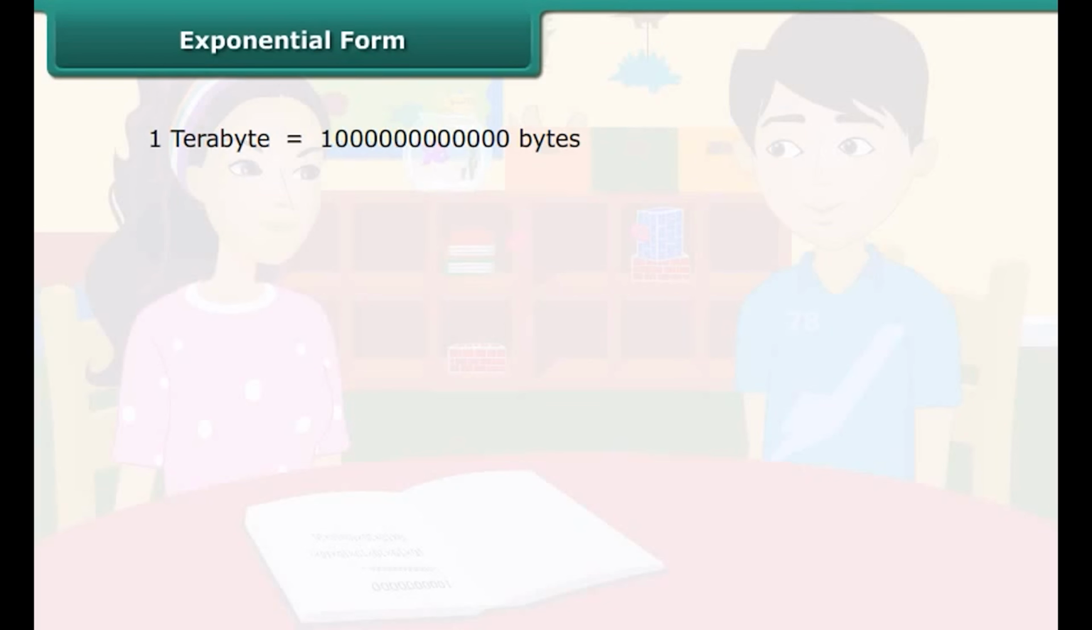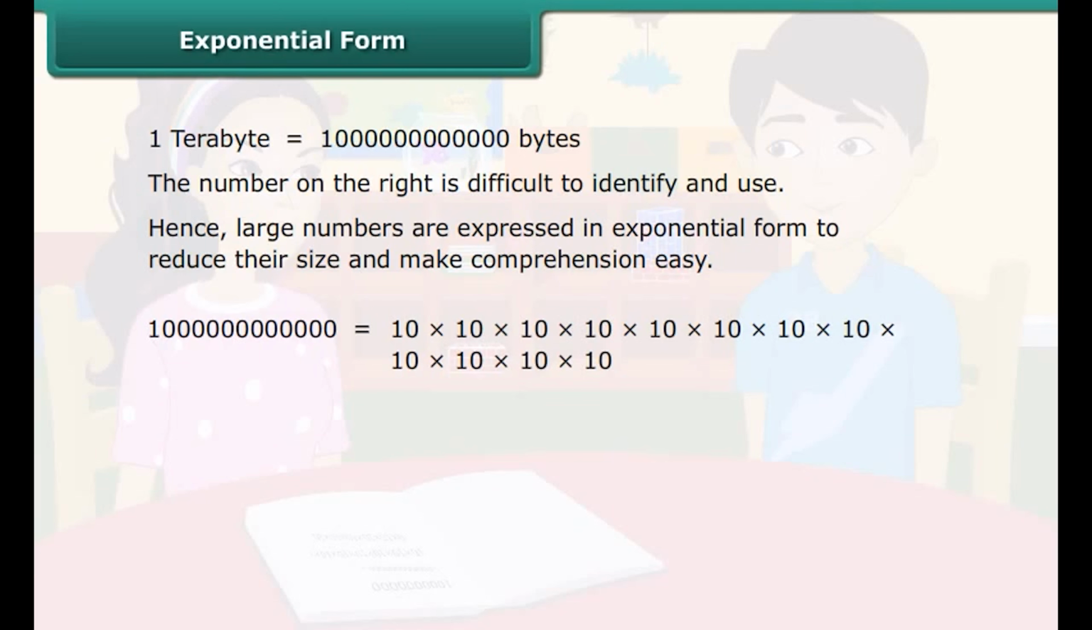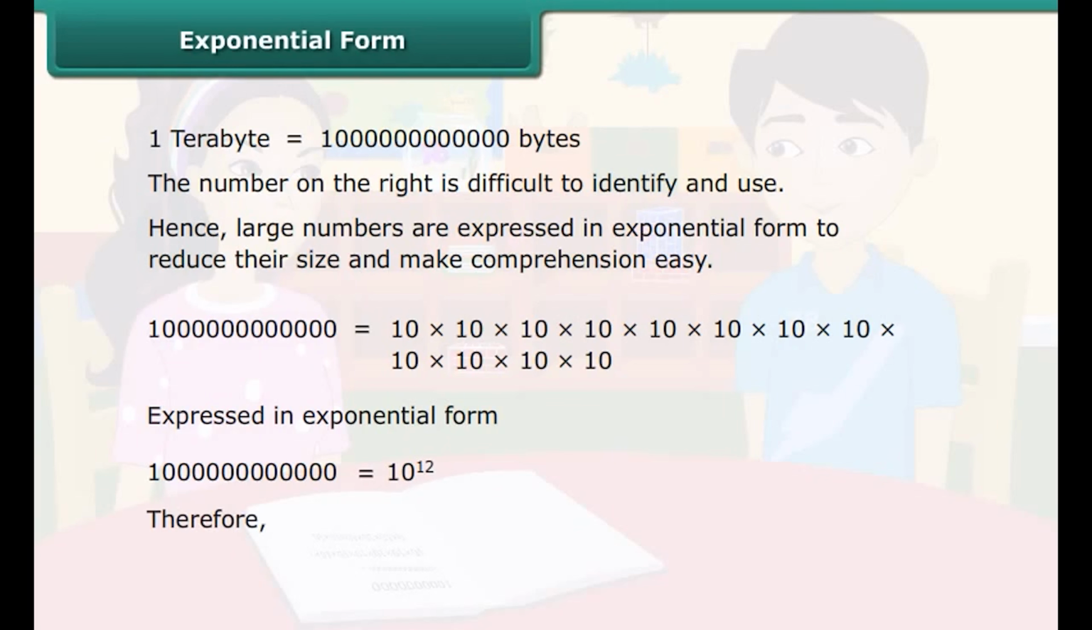1 0 0 0 0 0 0 0 0 0 0 0 0 is nothing but 10 multiplied 12 times. We use this knowledge and express 1 0 0 0 0 0 0 0 0 0 0 0 0 in exponential form as 10 raised to the power 12. Therefore, as rightly pointed out by Dhruv, 1 terabyte may be expressed as equivalent to 10 raised to the power